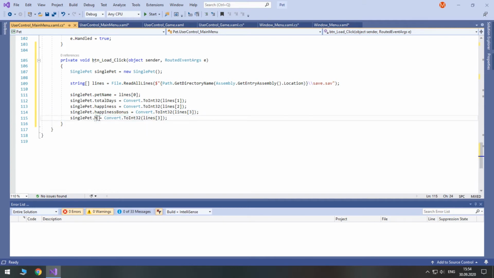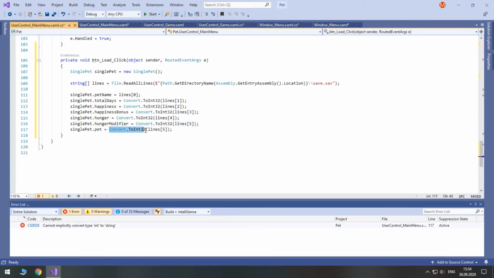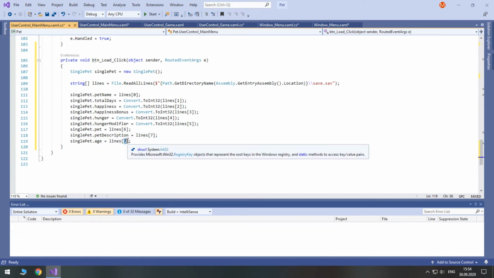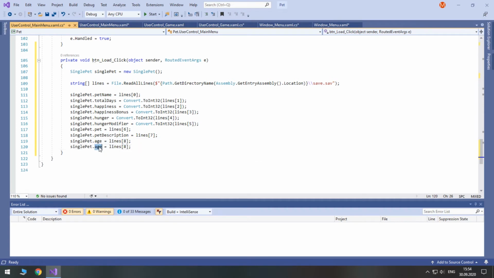And next, hunger in line 4. Then hunger modifier in lines 5. Then pet, it's a string, so we don't need to convert it to int. Then pet description in lines 7. Then age in line 8 and age description in lines 9.